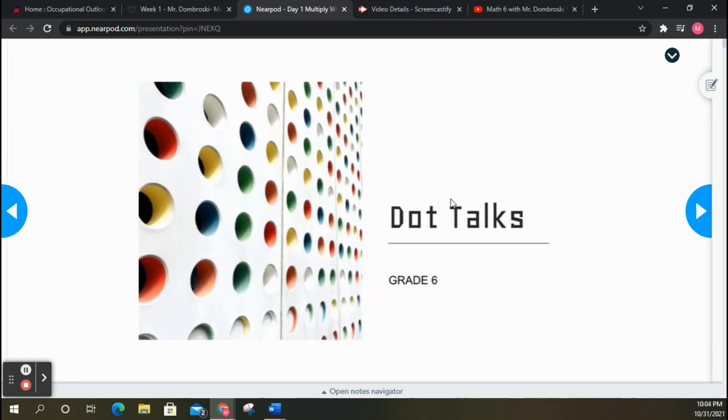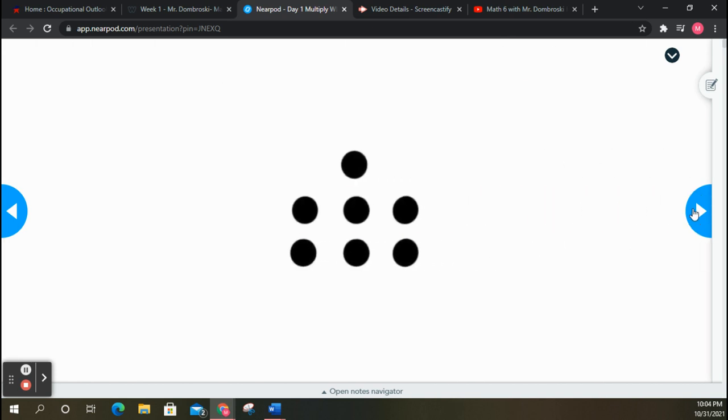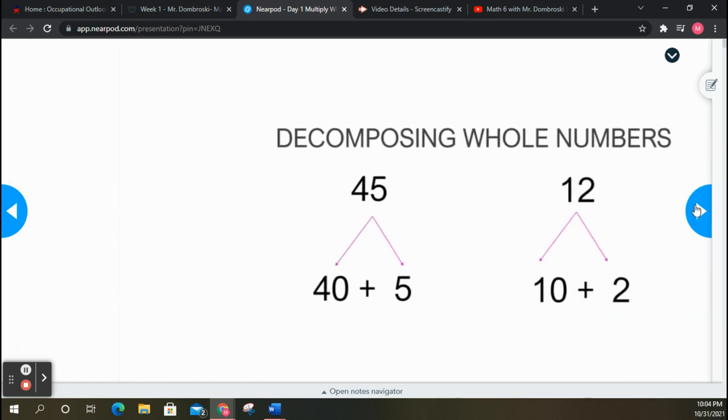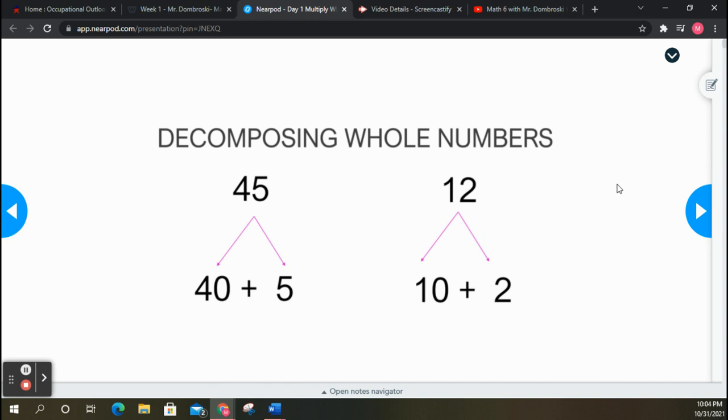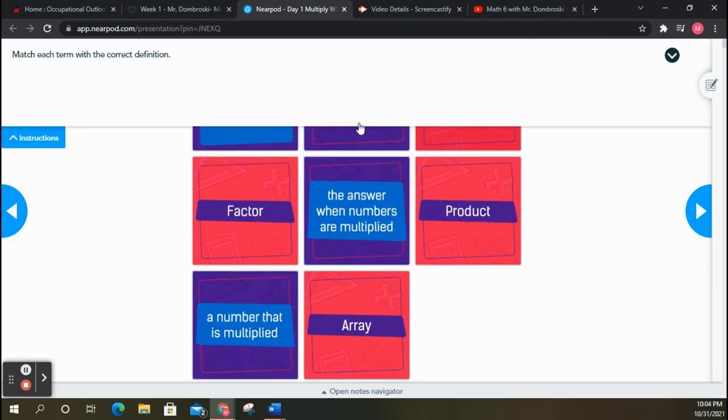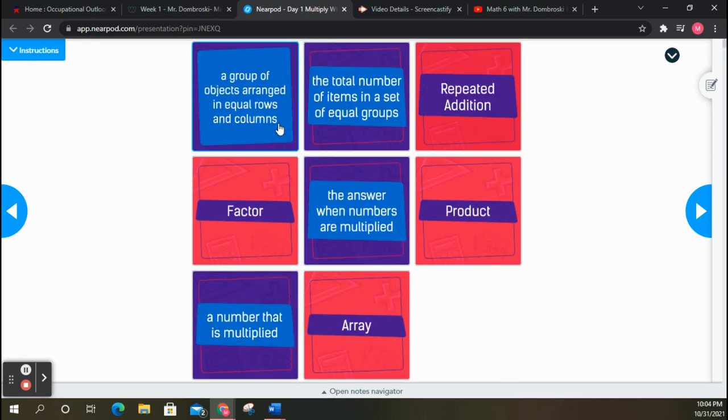So there's going to be activities. There's going to be some suggestions for what you need to work on, and some examples for problems. So decomposing whole numbers, a review of things that you should already know, but you'll be using these skills as we proceed through the lessons, scaffolding that information as you go. So as you move through these, once you get to the slides that require responses, like this, it's going to ask you to